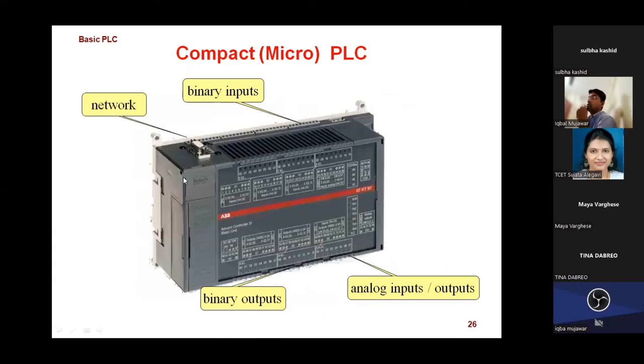If it is visible in your picture, you can see this is an example of a compact PLC. At the top, these are the screws where we can connect the digital input devices. At the bottom, we can see the digital output devices. You can see here 0, 0, 0, 1, 0, 2. I hope it is visible till 0, 15. That means 16, 0 to 15, 16 digital output pins are there. And here again 16, 0 to 15 digital input pins are there.